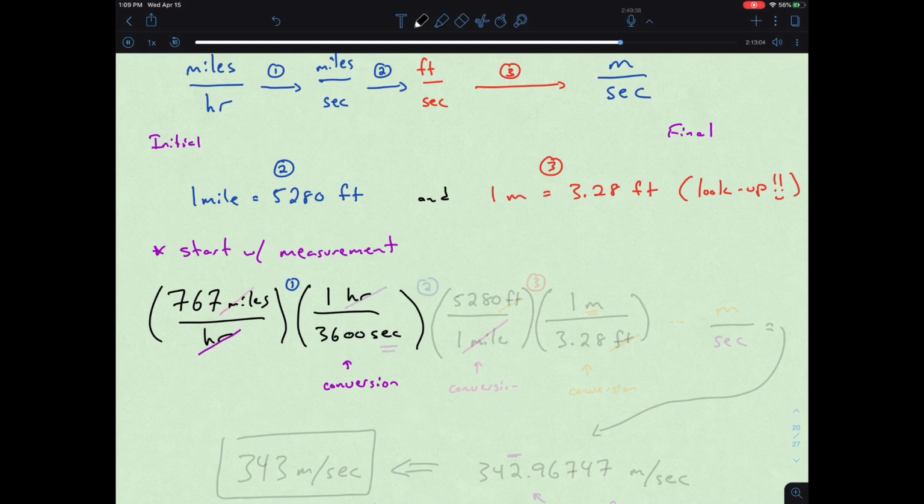Allowing now for hours. Even though the hours is in the denominator, again, we still have that idea of it canceling out with something in the numerator. So now we're technically in miles per second, which now takes us to step 2,